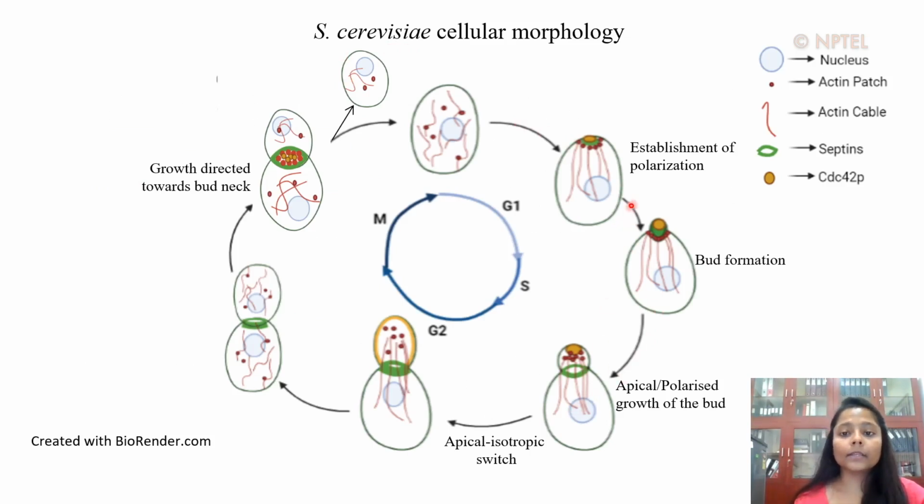The first one is the establishment of polarization for bud formation during the late G1 phase. The activation of this mechanism is regulated by a complex machinery popularly known as the bud site selection machinery. The bud site selection machinery is composed of a number of integral membrane proteins which are inherited by the newborn daughter cells from their mother at specific locations on the plasma membrane. The bud site selection machinery then activates a downstream regulator protein called CDC42.